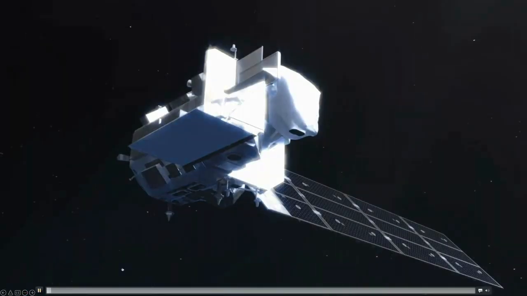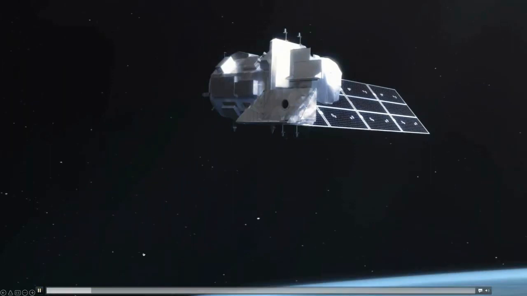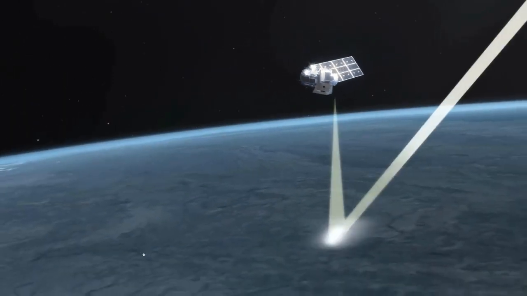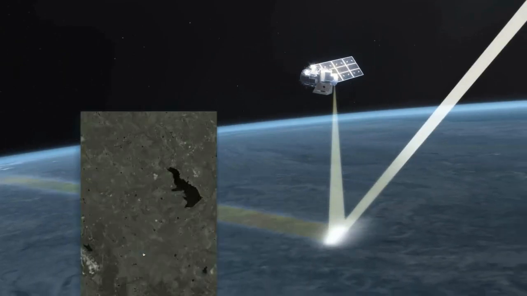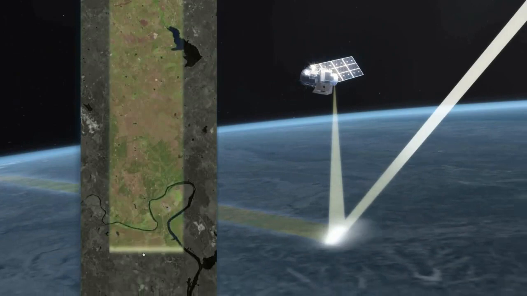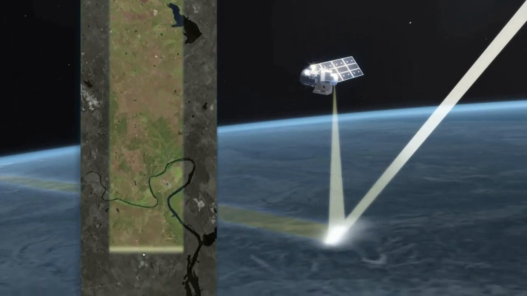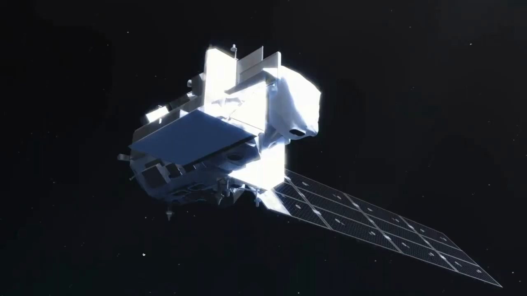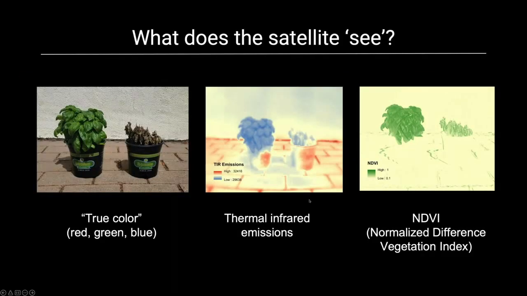Landsat also provides us with measurements in the optical wavelengths, and in particular, we use measurements in the near infrared and red wavelengths. Landsat is measuring the amount of light being reflected off the land surface in these key wavelengths that help us calculate measures of vegetation density and condition that are also important inputs to many of the ET models. So to give you a better sense of what the satellite sees, I got 2 basil plants and